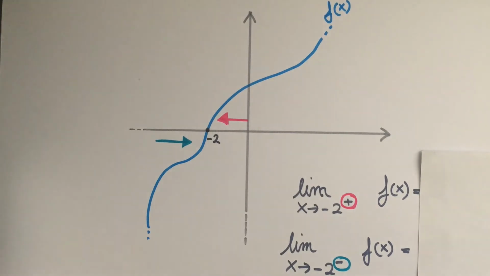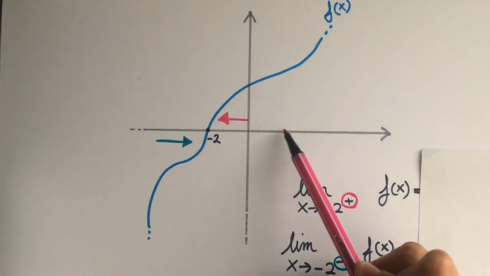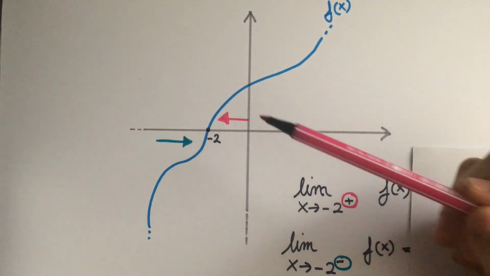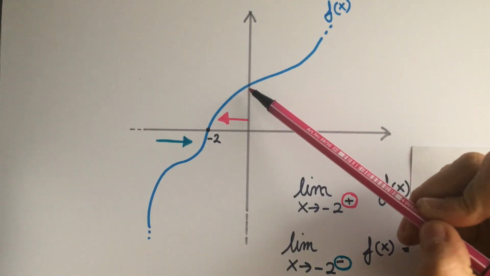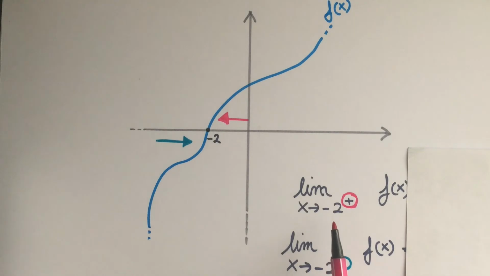Let's say that we have the function f of x, which is this one, the blue one, and that we want to find the limit, this one, as x approaches -2 from the right of f of x. In order to find the solution of this limit, we need to approach the value x equals -2, which is this one, from the right. That means going like this. And so we will then notice that this solution is 0 from above, because we will get closer and closer to 0,